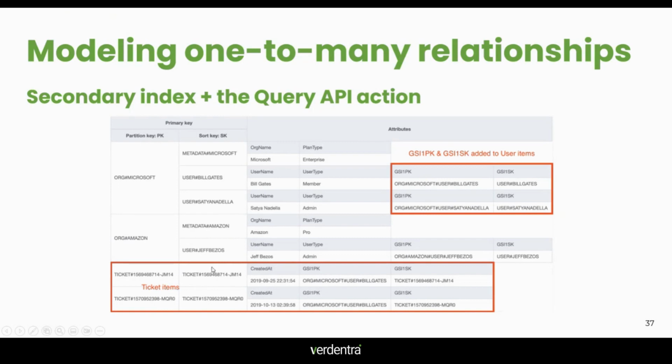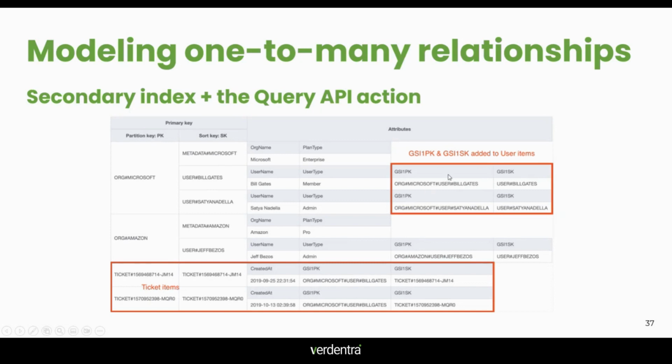You don't have that user stuff here for the sort key. But now you have introduced a GSI, and for the GSI partition key, you have a different one. So you give it up to user specific. So you say org Microsoft, user Bill Gates, and your SK is going to be user Bill Gates. So that is